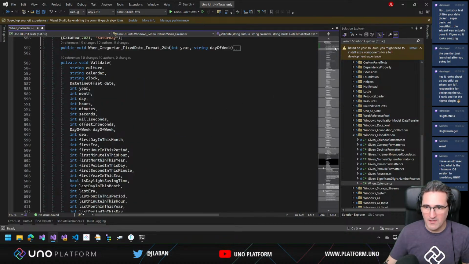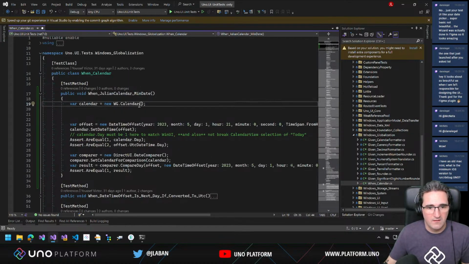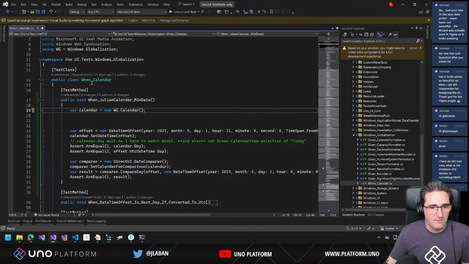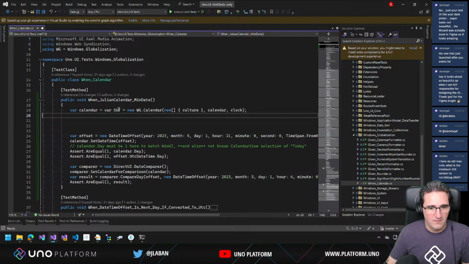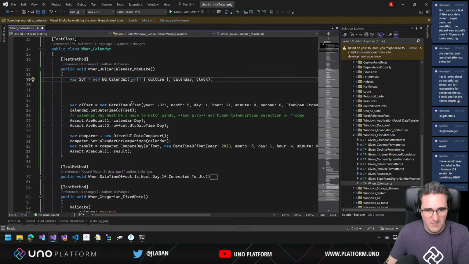We're going to create our calendar this way by using this particular syntax. The culture, I don't think we need. I don't know if we can use